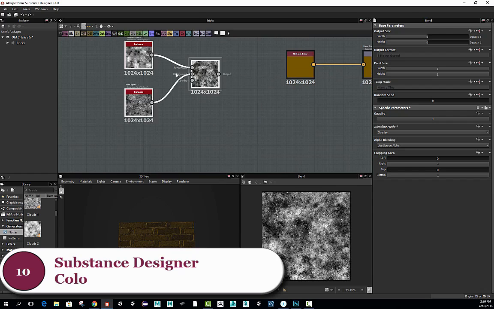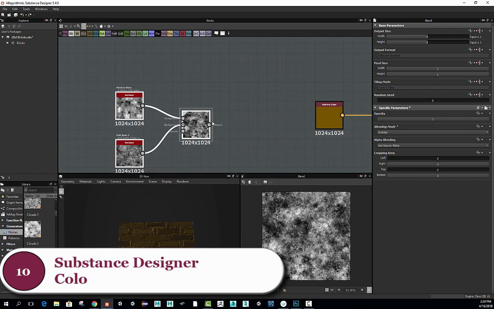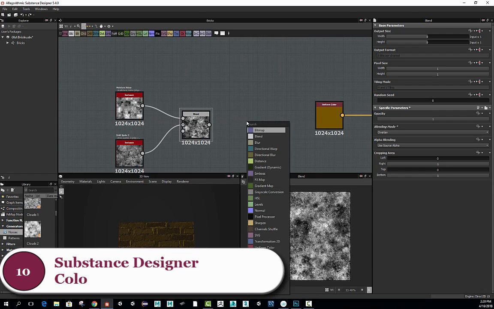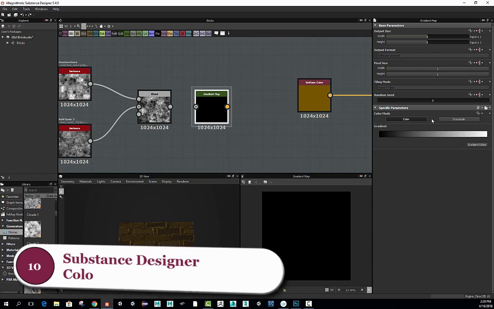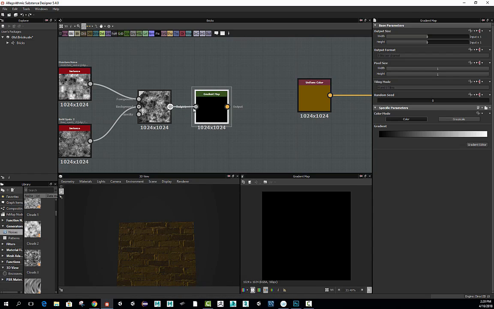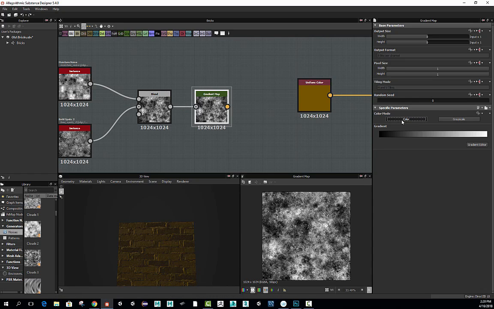So now what I want to do is convert these into color. What I'm going to do is grab my gradient map, sort of following the same process we did last time. Notice it has a color and grayscale. If I grab this and drag it in here, and we set this to color instead of grayscale,